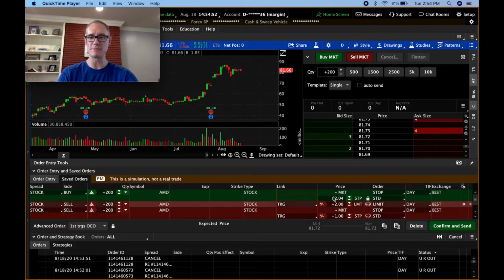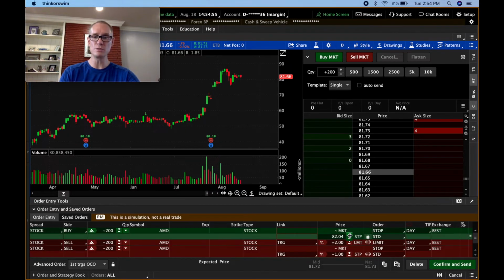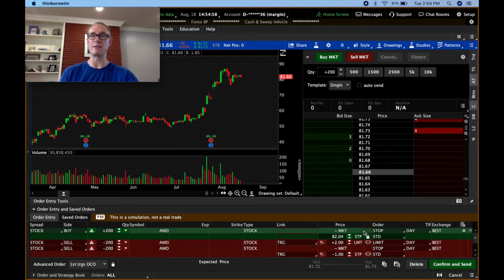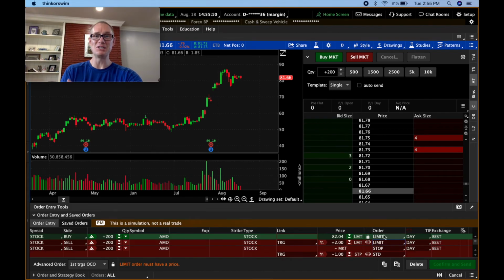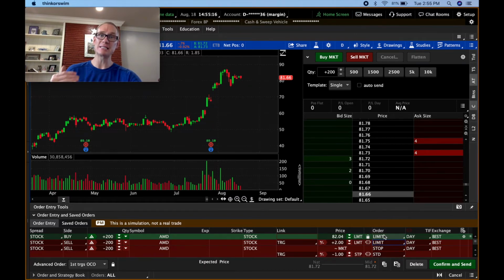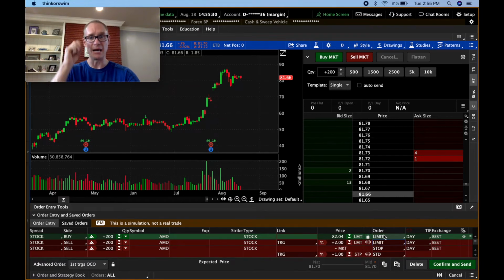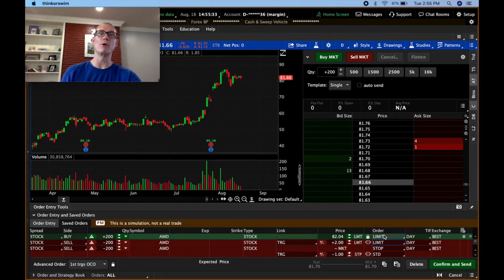So that's where this tip comes into play. I would recommend not using a market order on this type of entry because you don't want to get slippage or get filled at an area that you had no intention of being in. So I would change it to a limit order. But here's the issue with a limit order. If your limit order is at 82.04 and price action hits that level and triggers your order, if price action moves beyond 82.04 before the route happens, because this stuff still takes milliseconds, if the price action is moving violently to the upside or the downside, it could trigger your order and then skip over you,